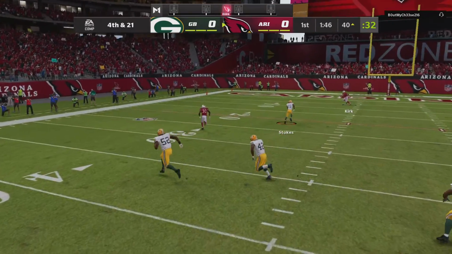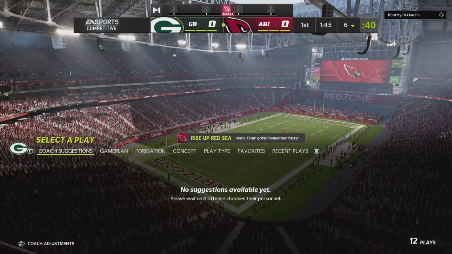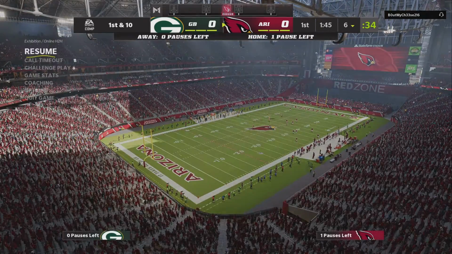Now it's the punter Scott as he gets this one away, and this one's out of bounds. Should be inside the 10, I think it is. At the 6-yard line. The field position game, such an overlooked part